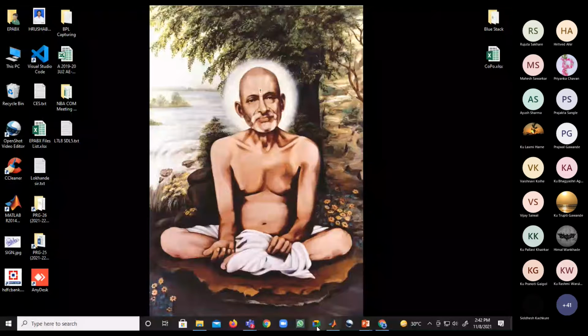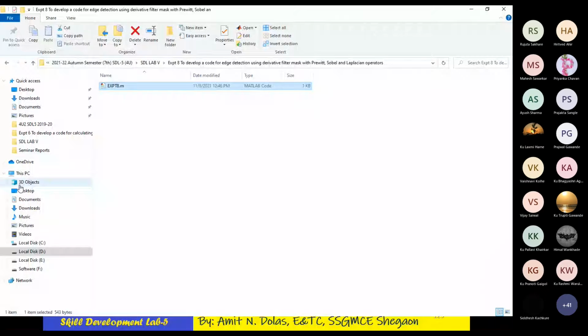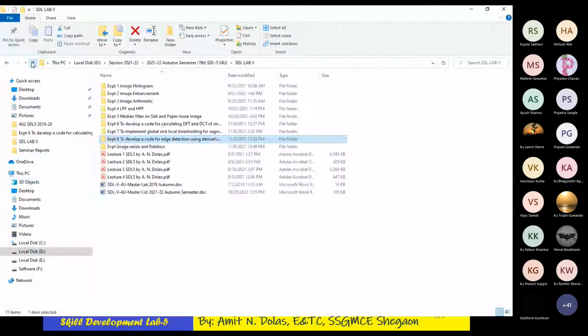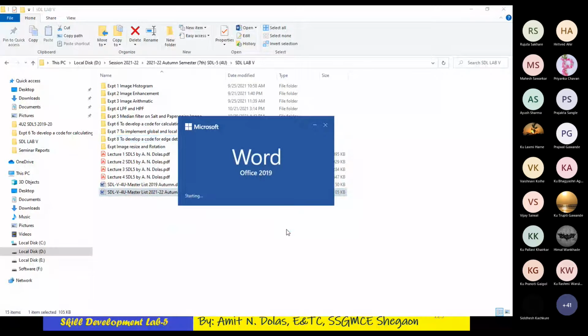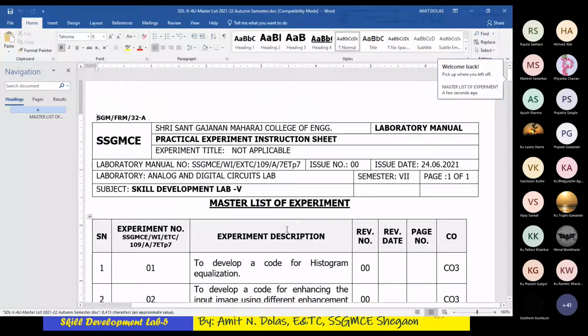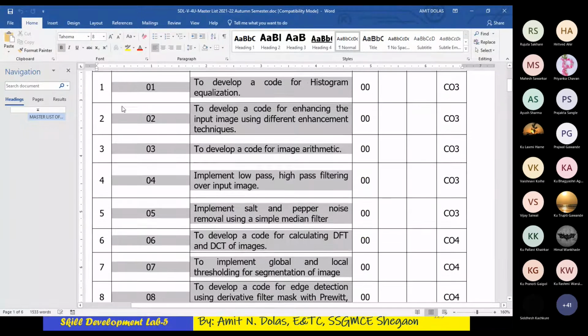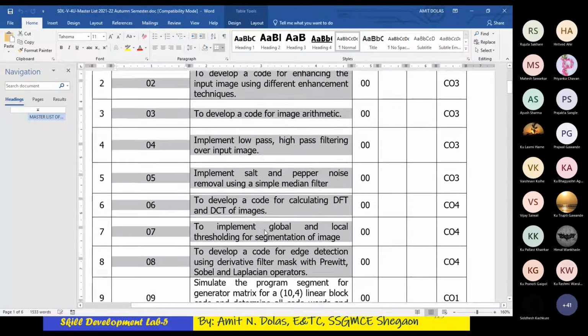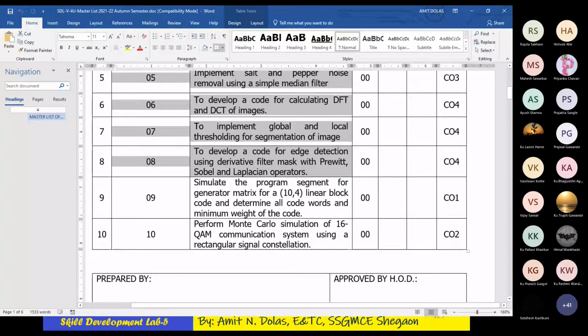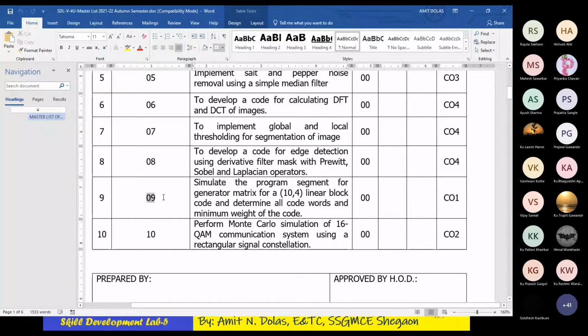Once more I will go through the list of experiments. It is the SDL 5 master list. In this list, 8 experiments are based on image processing. If you see the syllabus, you have 2 units for image processing. Later on, the third unit is on digital communication.